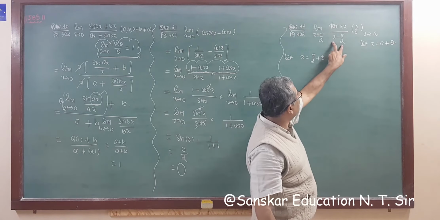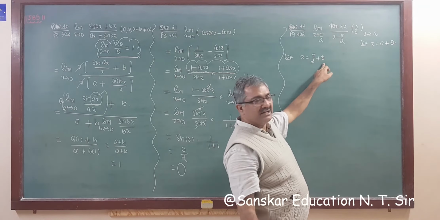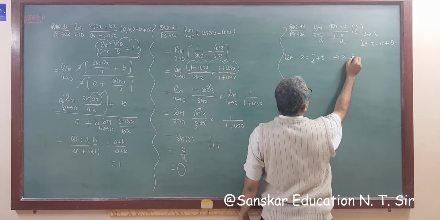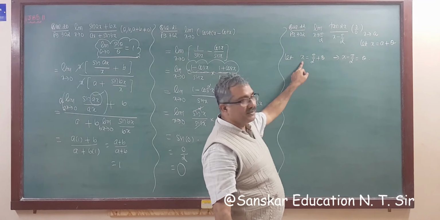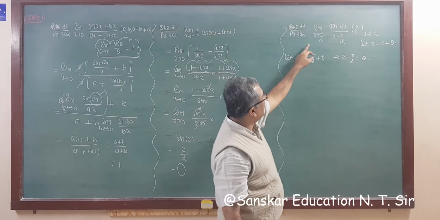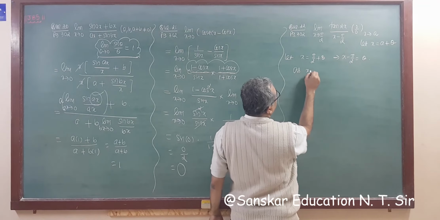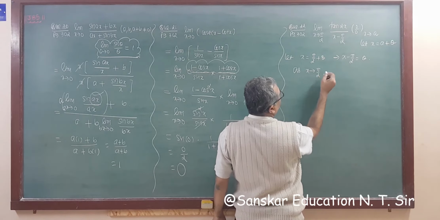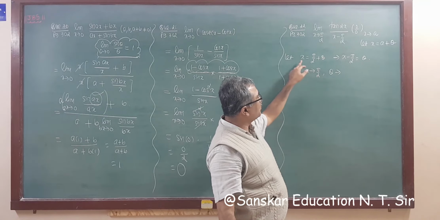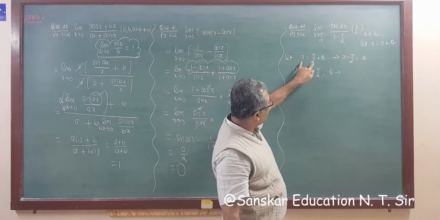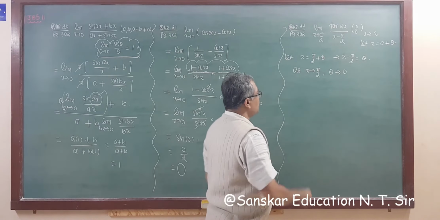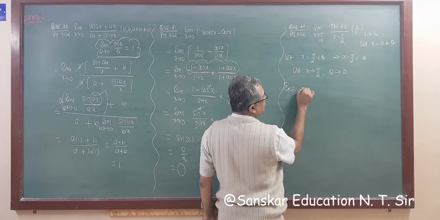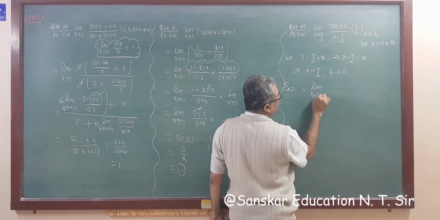Now what we require is x minus pi by 2, so x minus pi by 2 is theta. So this implies x minus pi by 2 is equal to theta. And as you know, while we assume something, you have to change the limit. So as x tends to pi by 2, theta tends to what? You have to substitute x is equal to pi by 2 in your assumption. If I substitute pi by 2 here, then pi by 2 will be cut, which means theta is 0, right? So theta is 0.